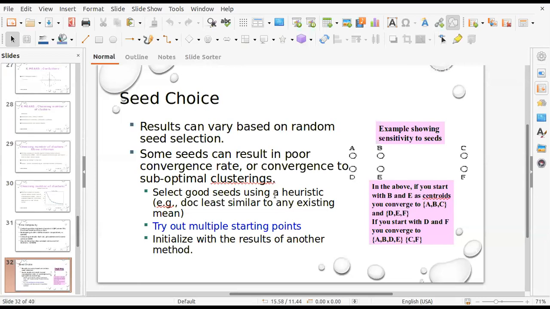Once you do it for all the points, you have new clusters, so you can recompute the cluster centers.